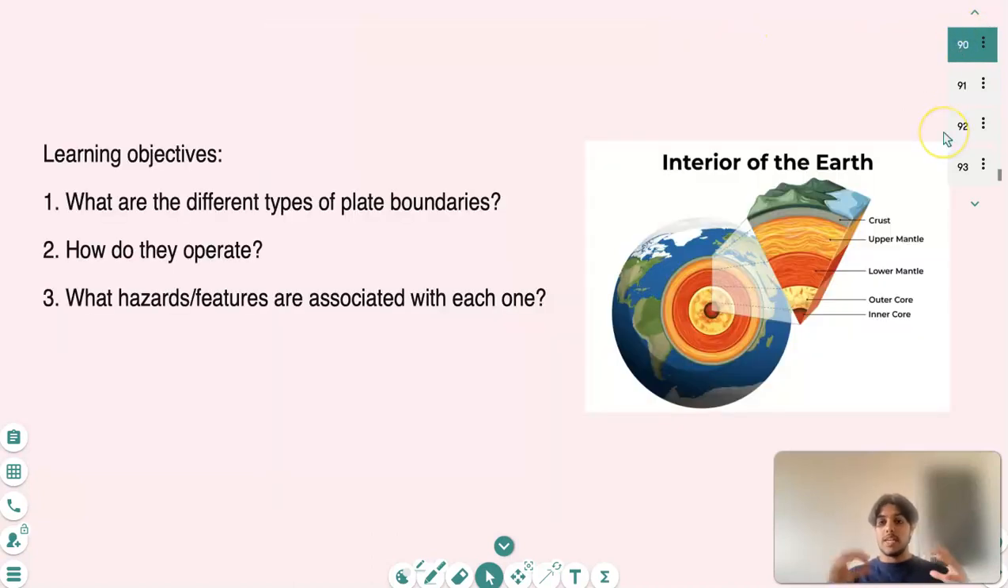So if we look at the interior of the Earth, at the top and all around, we've got the crust, so it's a thin, quite rocky layer. And then underneath, we've got the mantle, which is a semi-molten layer of rock. So if I type that out for you,